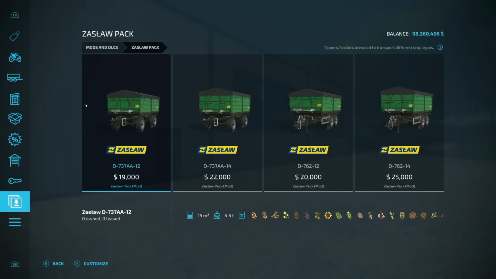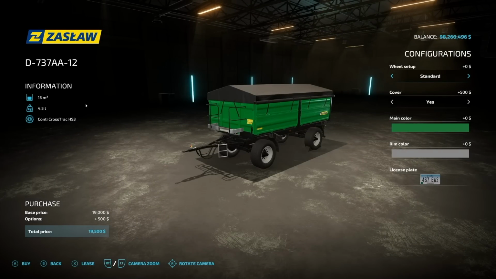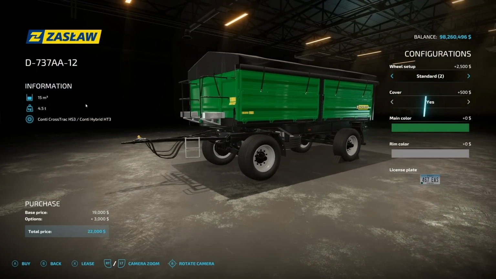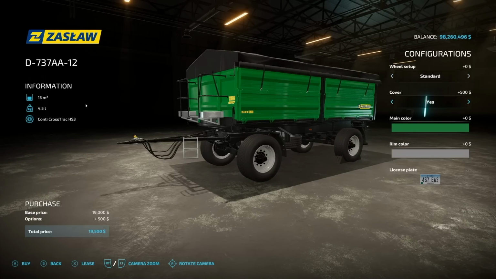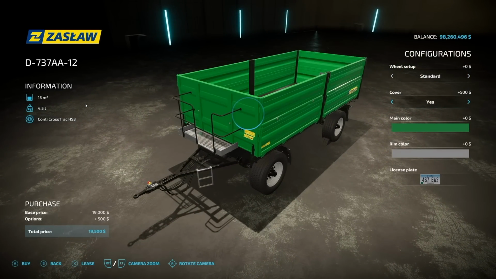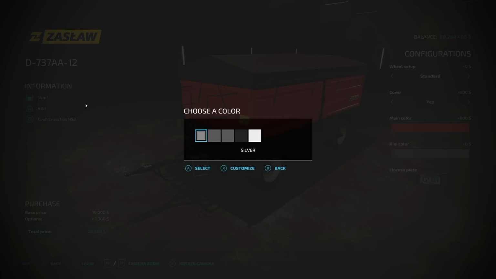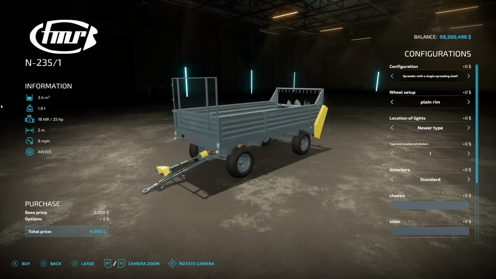It's going to be your spread or tandem axle there. We'll just take a look at customization for one of them because they're all the same. We've got wheel options of standard, and standard. Only 2 options there. Cover, yes and no. We have a main color of green, red, and orange, and then rim colors of gray, black, and silver. Secondly is the FMR